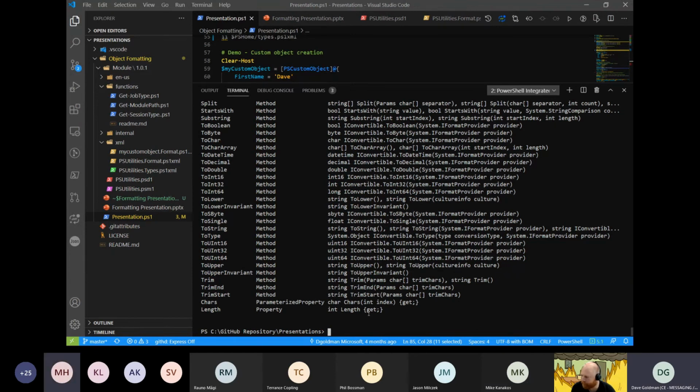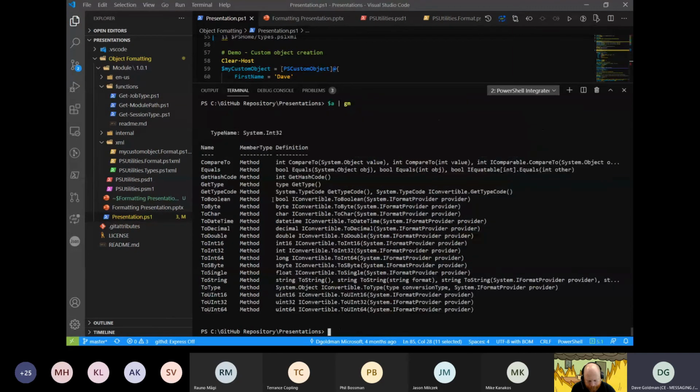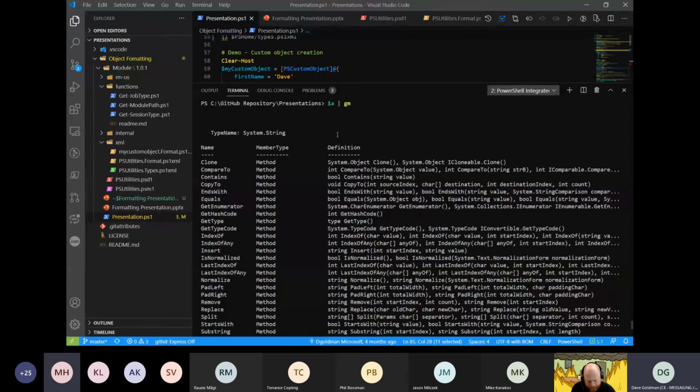So if I was to do, for example, A equals 1, I can see that A is an int. Now, if I follow PowerShell's parsing rules for using quotes and single quotes, I'm still typing in the same thing, but PowerShell knows now, based on the 2 single quotes, that it was not a number, it was a string. And so now when I get member, it shows me what's there.